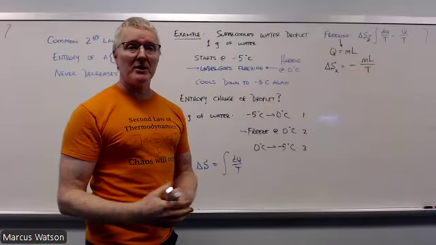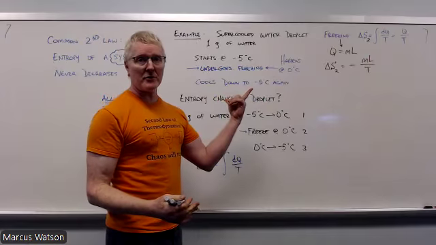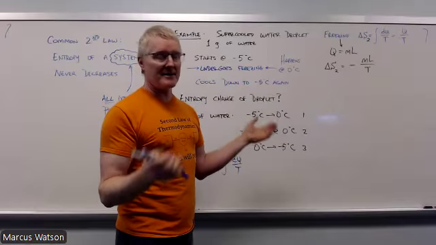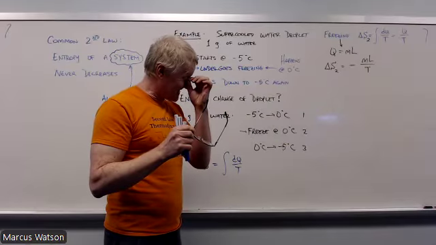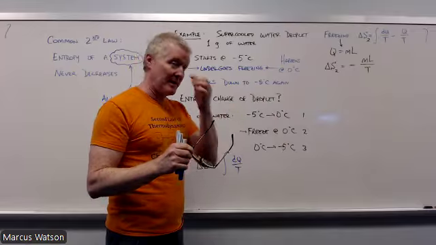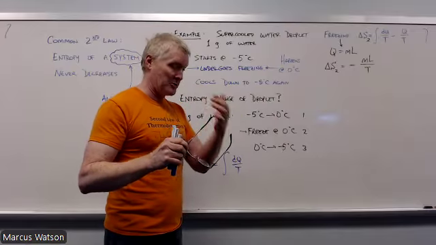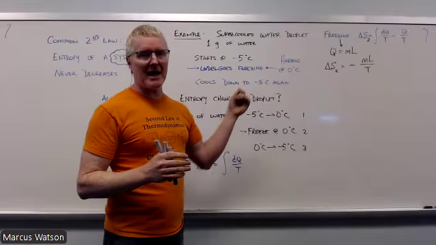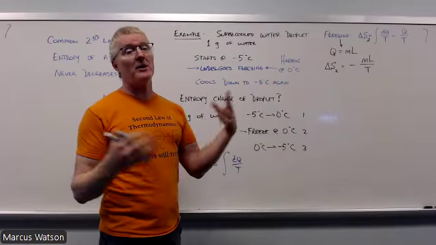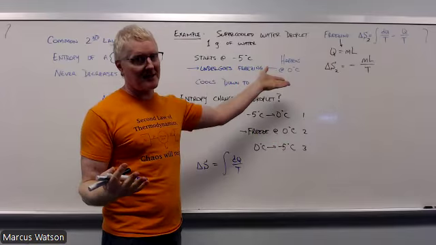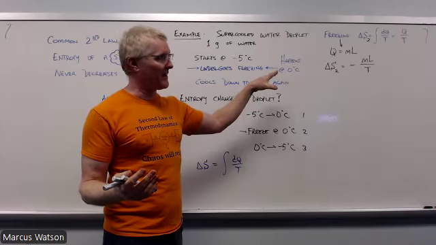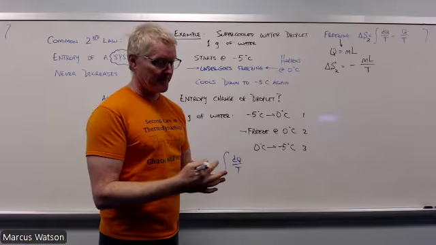Now, good news here is that we know the mass of the droplet that froze. The latent heat of freezing for water, we know what that is. And if you don't know what it is, that's fine, but it's a given. We don't need to worry about trying to calculate that. That's something that we can look up. And the temperature at which it happens, we also know. Now be careful, we're not going to be doing 0 centigrade for obvious reasons here. We do want to be working in the Kelvin scale, so that'll be divided by 273.